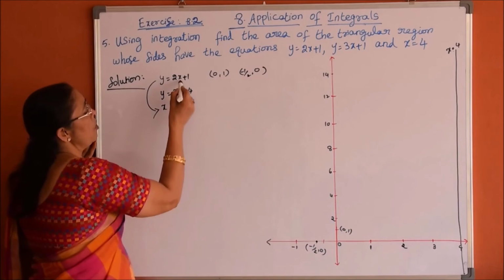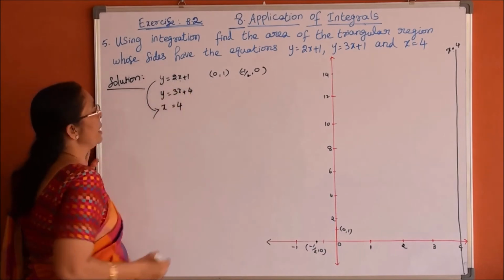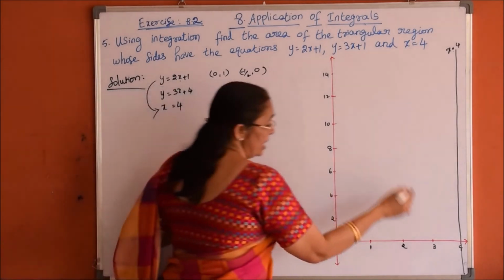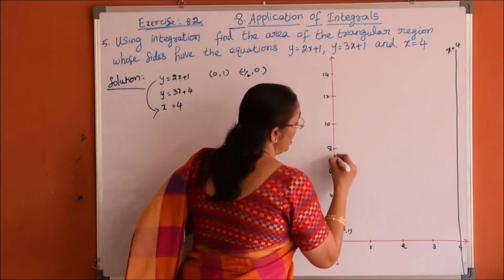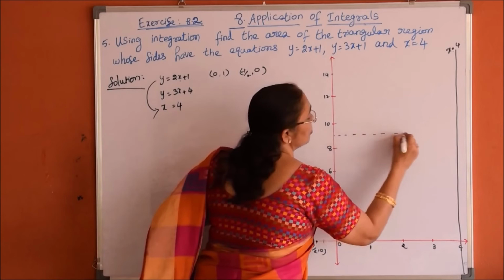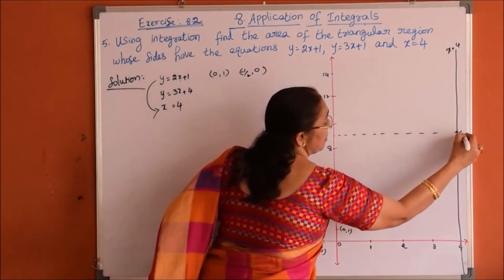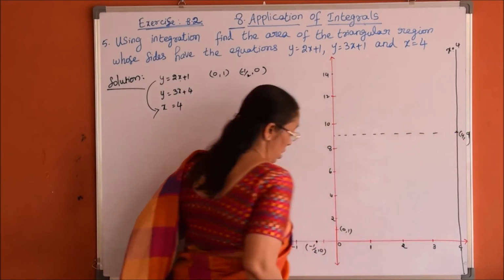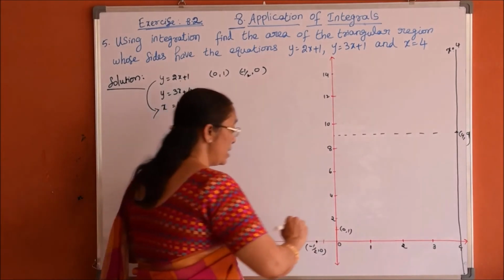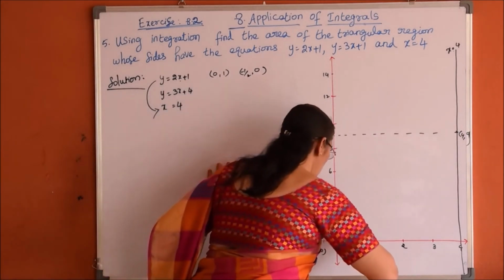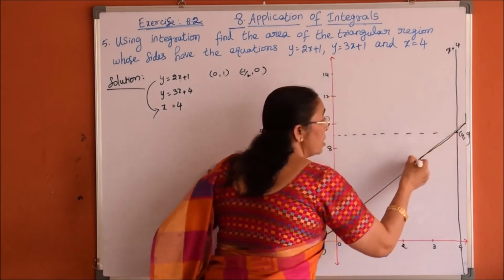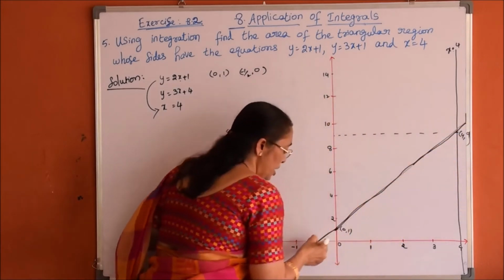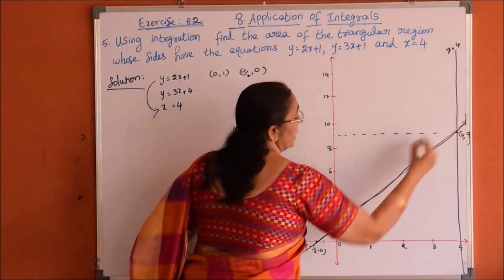So, when x is equal to 4, y is nothing but 9. So, this straight line intersects this x is equal to 4 line at the point 9. So, this is the intersection point 4 comma 9. So, the required line should pass through minus half, 0, and 4 comma 9. So, this is the straight line, let me mark it as L1.